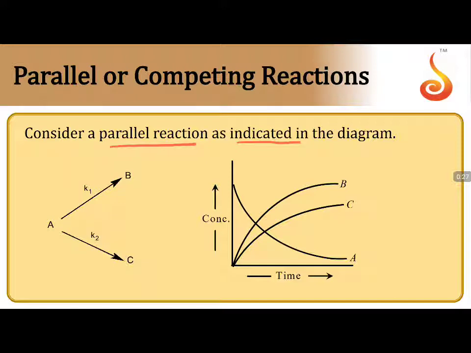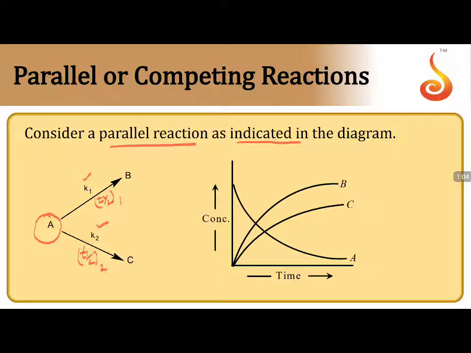So let us take this example. A gives B, A gives C. So a chemical reaction can happen in multiple ways. A is the single reactant which can give more than one type of products following different paths with different speeds, like K1 is the speed for the reaction A to B, K2 is the speed for the reaction A to C. Let us consider that T half for the first reaction is taken as T half 1, T half for the second reaction is taken as T half 2. Then for each reaction there will be a different T half, different K, different speeds.